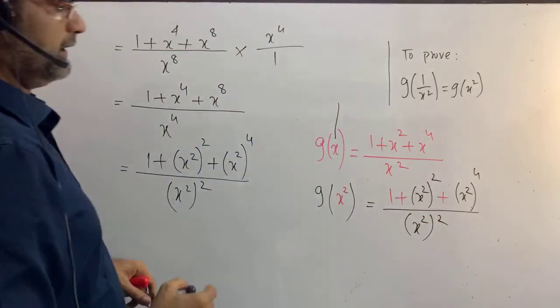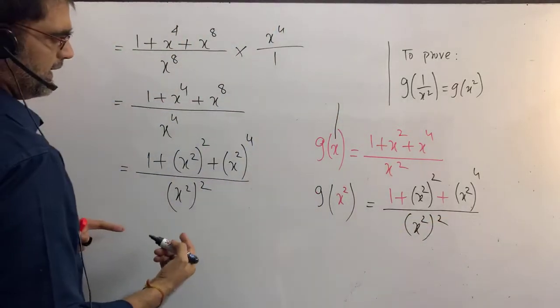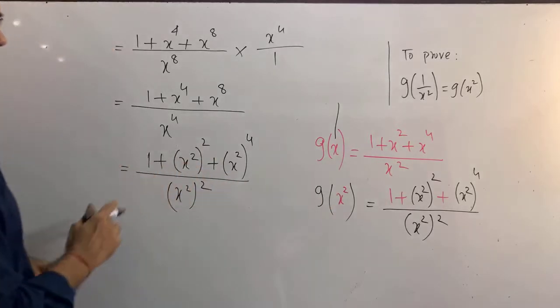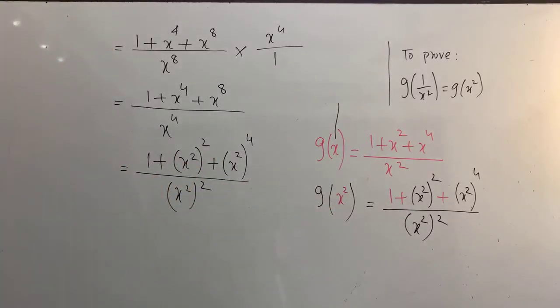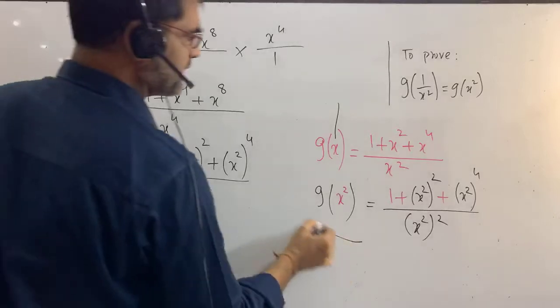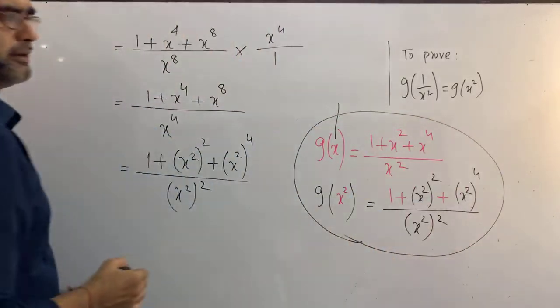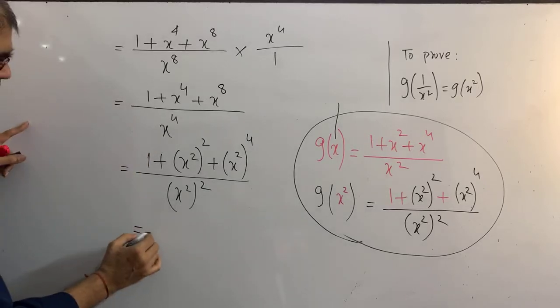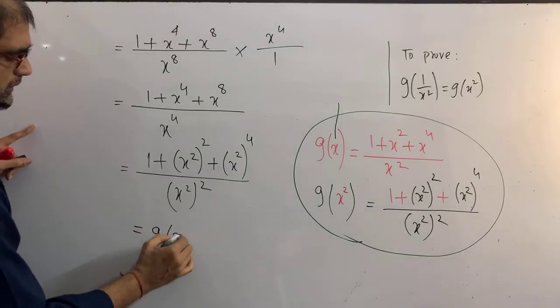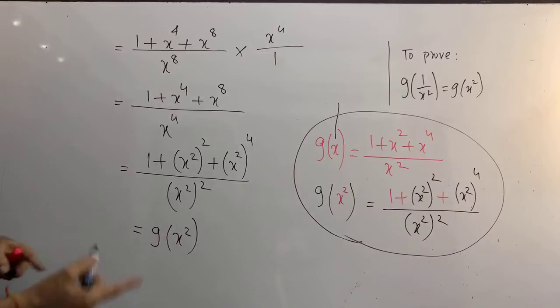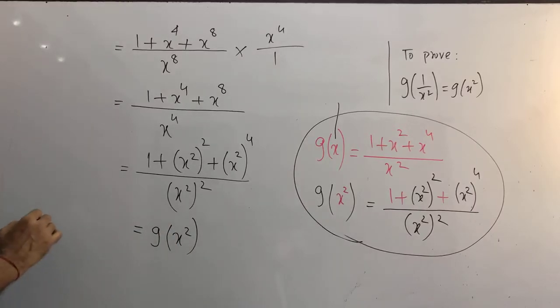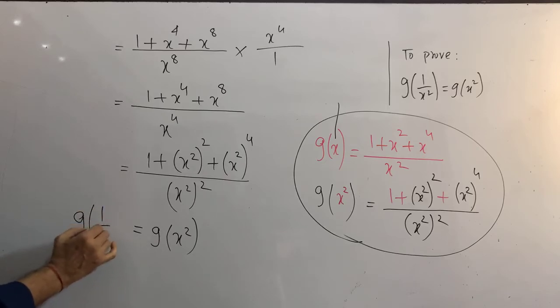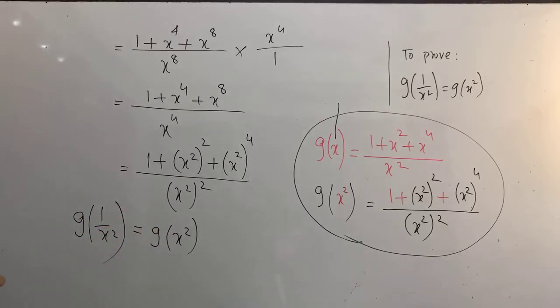Now have you seen these and these are same? So we can write here. We are not going to do it in the exam hall. We won't do it, just to make you understand, nothing else. Now it is the function of f of x square. Now what was your left hand side? Can you remember please? We started the math doing here f of 1 by x square. So we have got, it is proved now.